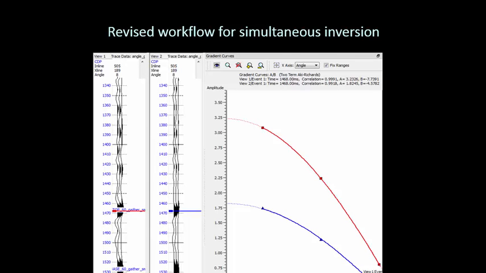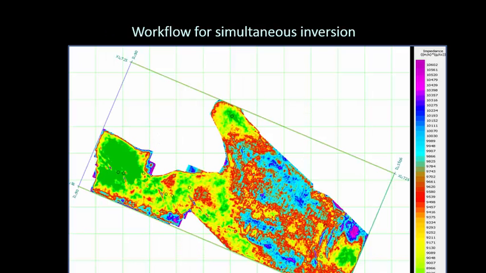And once I balance this, look at the amplitude variation. Because when you are increasing the frequency, your amplitudes are going to change somewhat, meaning the level of the amplitudes will be different. But look at the variation. This variation and this variation, very similar. The trends are maintained. We've been playing around with this for quite a few years now, so we know it works. Based on this, look at the P impedance volume using the conventional workflow.